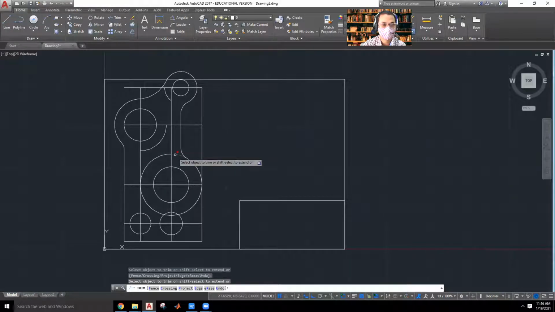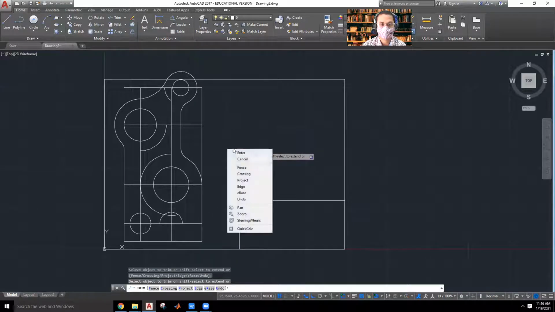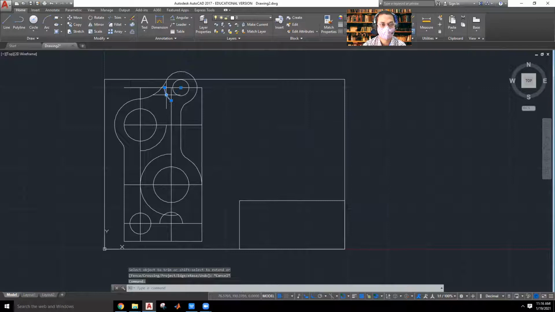So next I don't need this portion and this portion. All the others I can directly select and remove. Okay, so I don't need this portion and this portion. Okay, so I hope it has been completed. So right click, cancel. So I'll select these portions which I don't need. So I'll click on erase, so that it will be erased. So this is what you are required to draw.